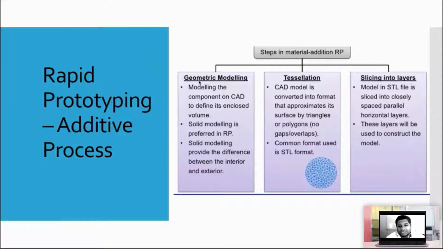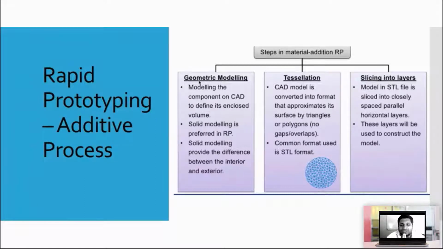Let's see the steps by which we do the rapid prototyping process. First is creating a model. I will use my AutoCAD, CATIA or ProE software to create a three-dimensional model. Then that three-dimensional model has to be converted into very small triangles for graphic processing. Those small triangles are then converted into an STL file.